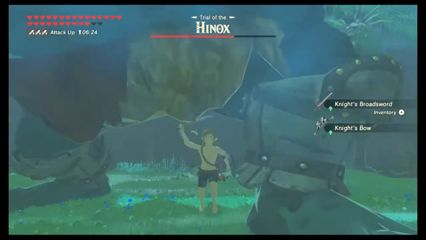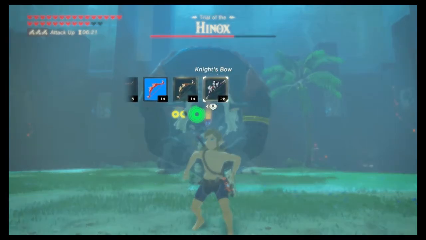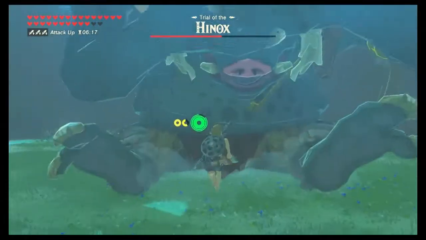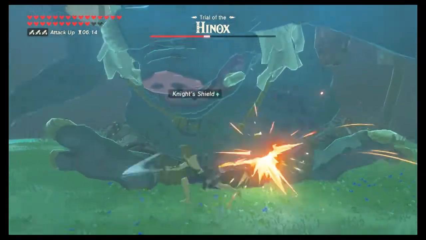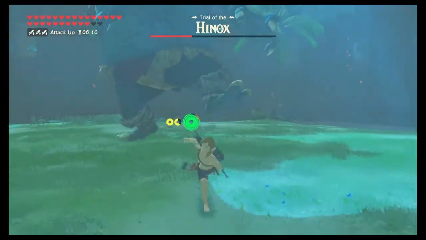When he stands back up, I like to stay fairly close and watch his hands. You can get him to do a little hand clap, leaving his eye wide open for a bow and arrow shot. Use a Knight's broadsword that you picked up from the Hinox's necklace, and you're going to do a ton of damage. When he gets back up, you're going to aim for his eye,